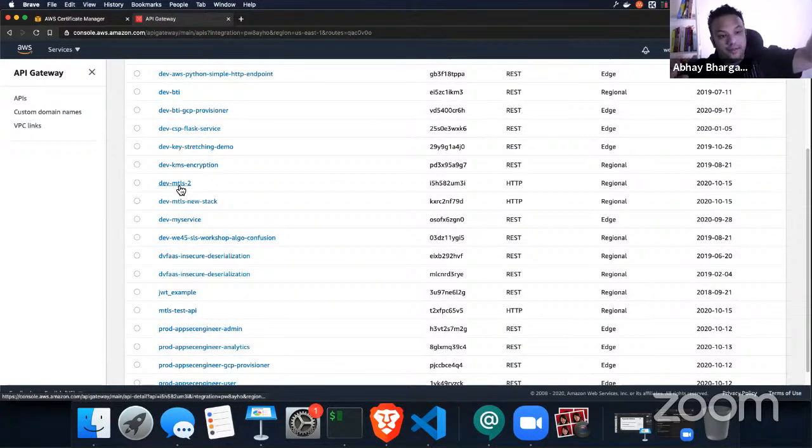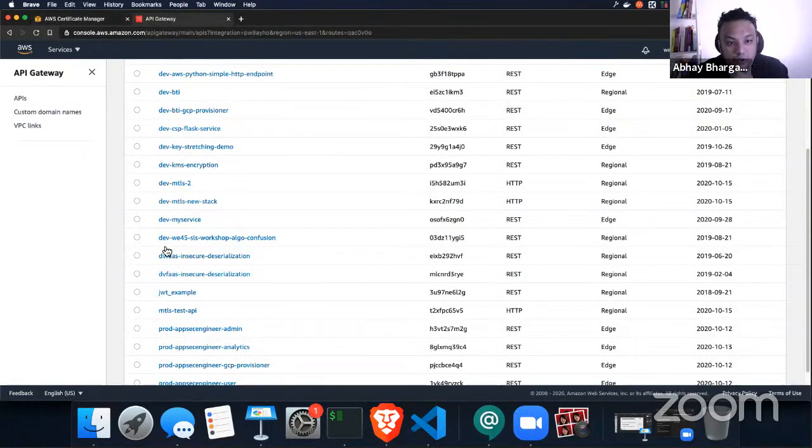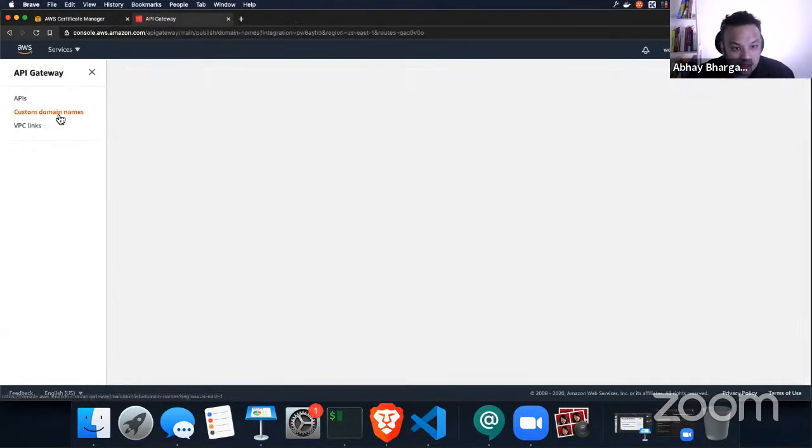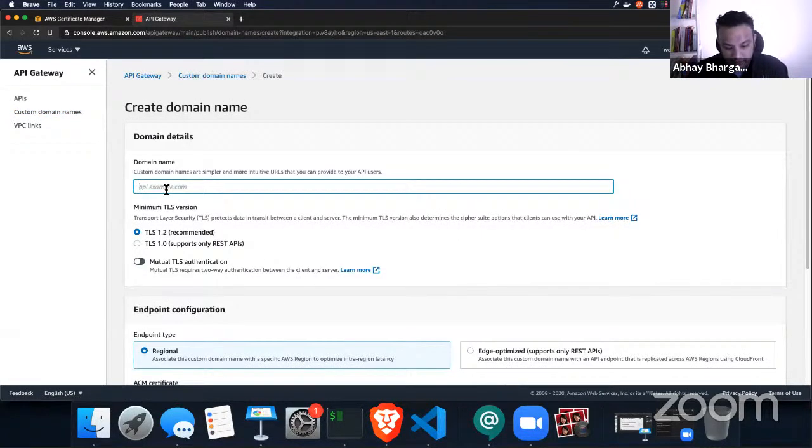So we want to be able to connect our custom domain, which we just created. Remember, we created this custom domain called mTLS, and we want to be able to do mutual TLS authentication between the client and the server. Remember, the server has to authenticate to the client, and the client has to authenticate to the server. So both things have to happen here for this to work, right? So what we're going to do now is set up our custom domain names, and I'm going to create another custom domain. We're going to call this